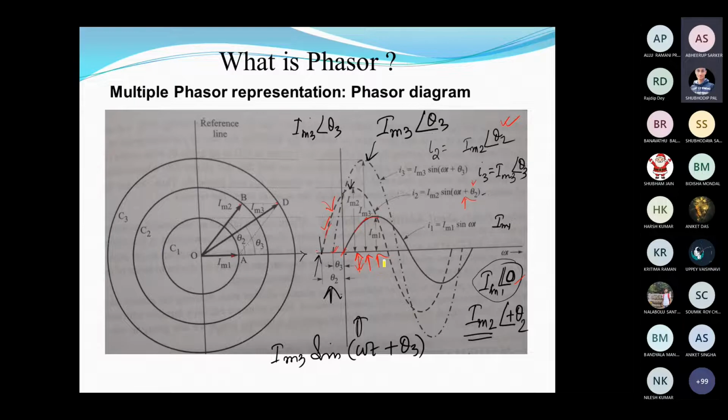Sir, when theta is negative, in that case it's a lag, right? No, say all the thetas are negative. Say if we consider minus 60 degree, minus 45 degree, minus 30 degree. Then this one is the most lagging. This one is lagging with respect to this, and again this one is lagging with respect to this but leading with respect to this one. Similarly the 30 degree, which is less compared to all of them, though they are all lagging.